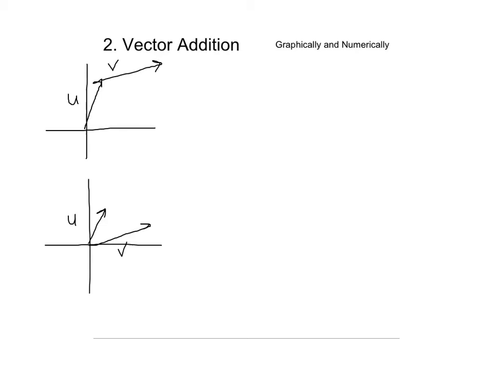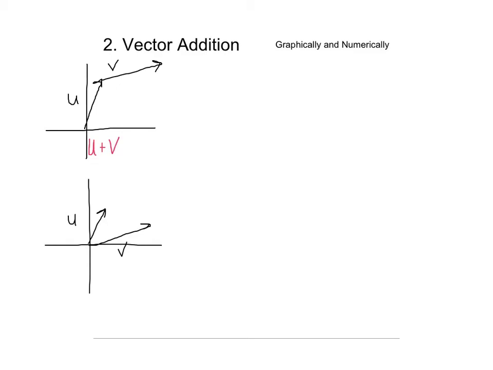Vector addition can be represented graphically and numerically. I've drawn a couple of graphs here. They're not super great, but what I want to do here is add u plus v, the two vectors. One method is called the head-to-tail method,